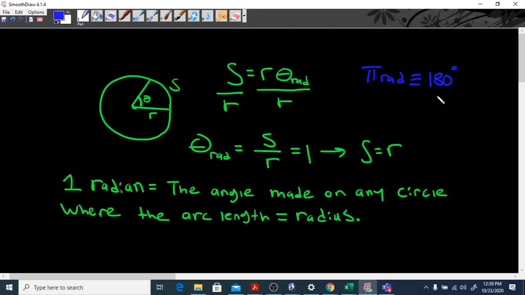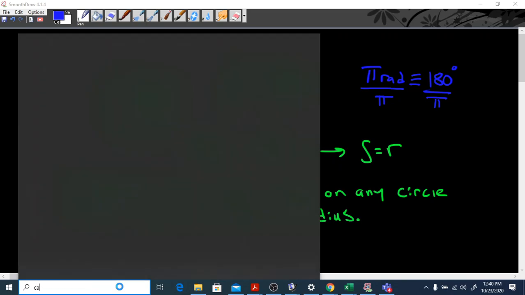Okay, so pi radians equals 180 degrees. And we can use this to figure out how many degrees are in 1 radian. If we divide both sides by pi, we get that 1 radian is exactly